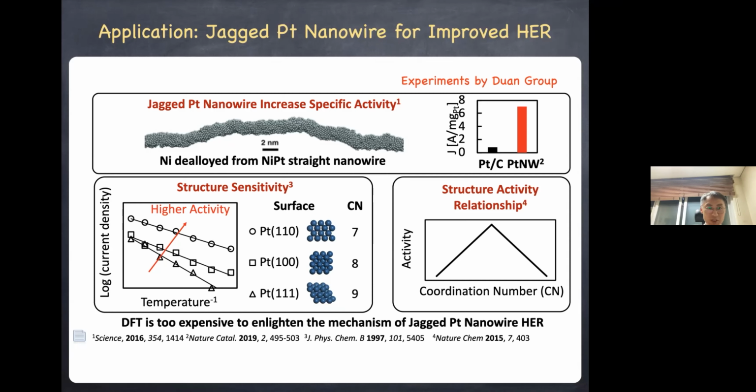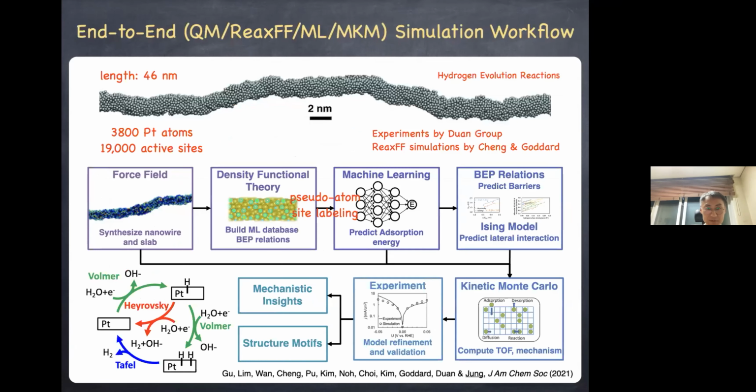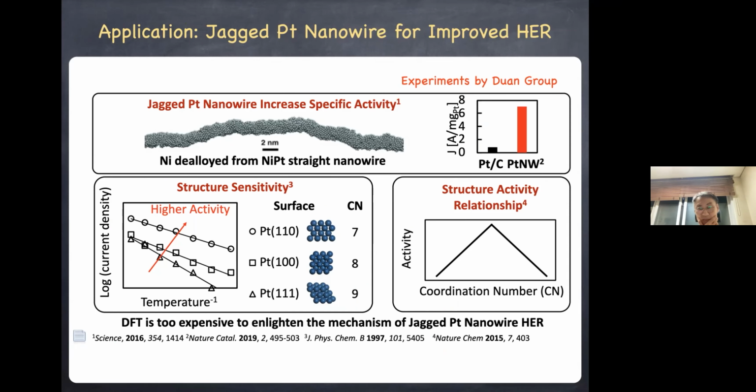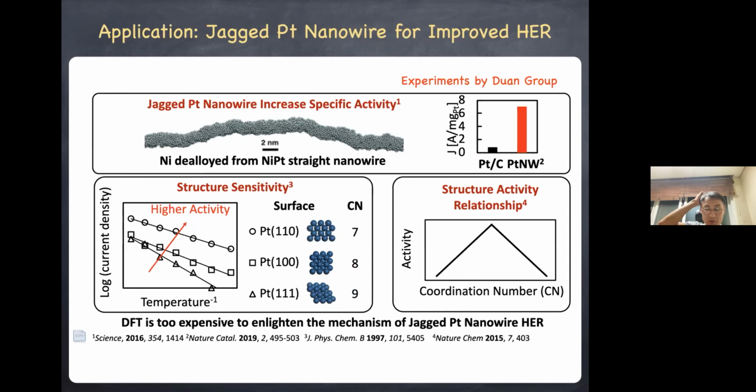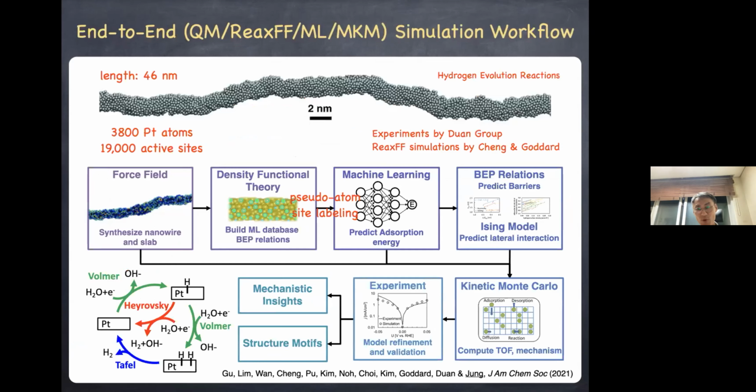Instead, you need to be able to evaluate every single active site of this entire jagged platinum nanowire, and then take some kind of ensemble average. To do that, one cannot simply do the geometry optimization for every single site, and that's where we needed this kind of method, which allows us to predict the binding energies without geometry relaxations.